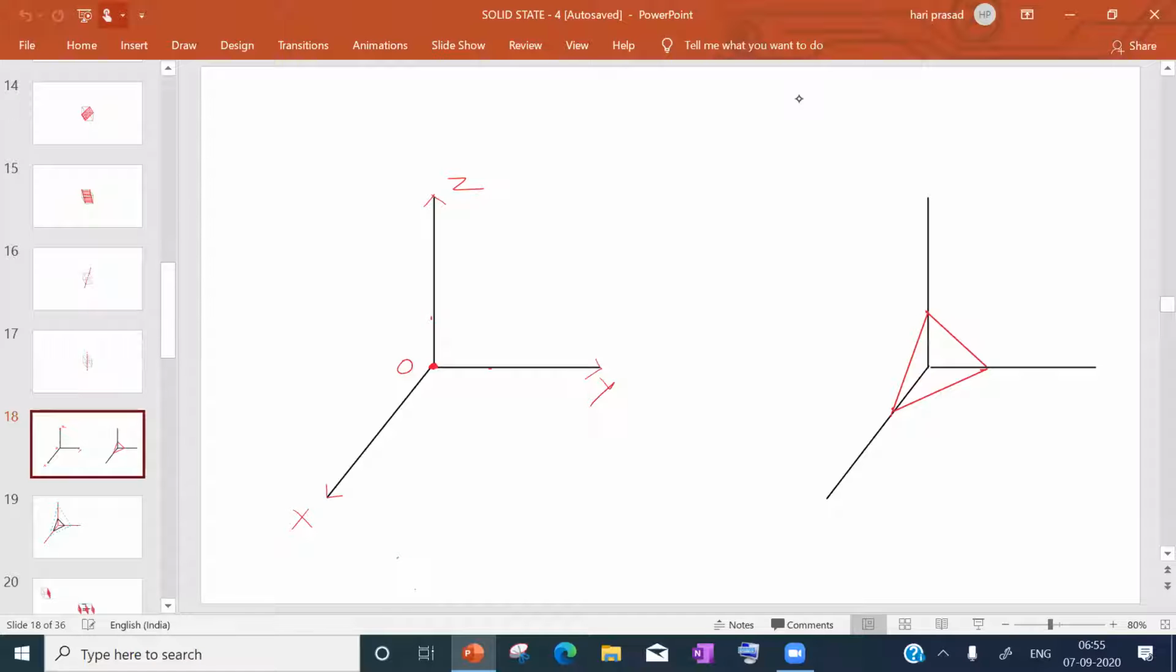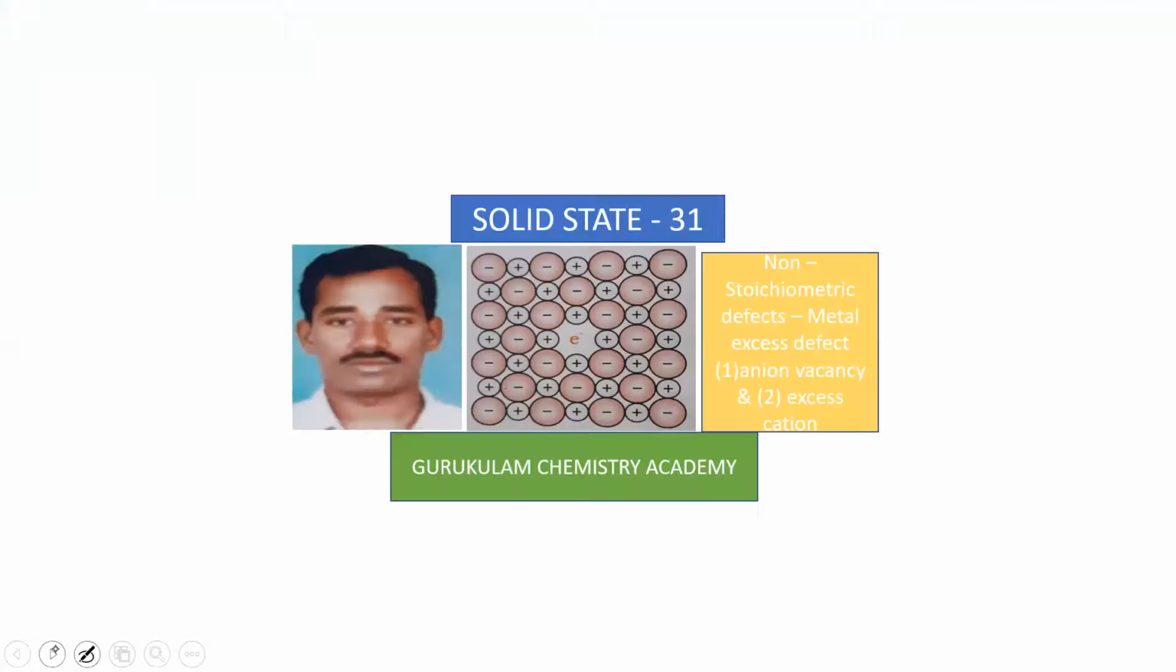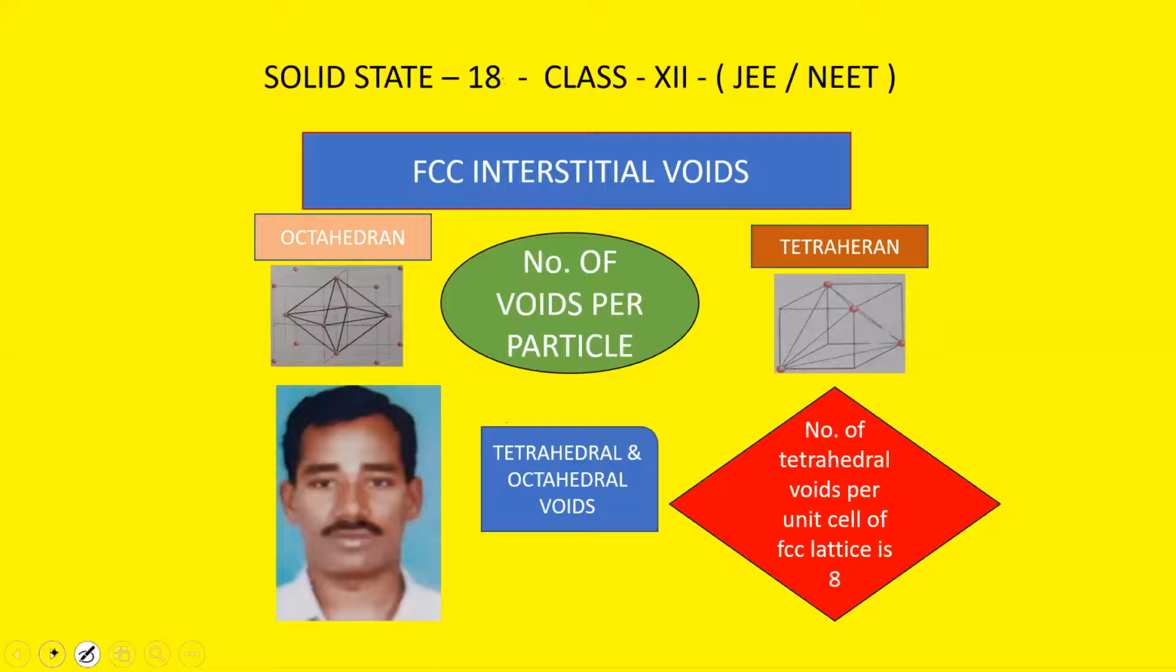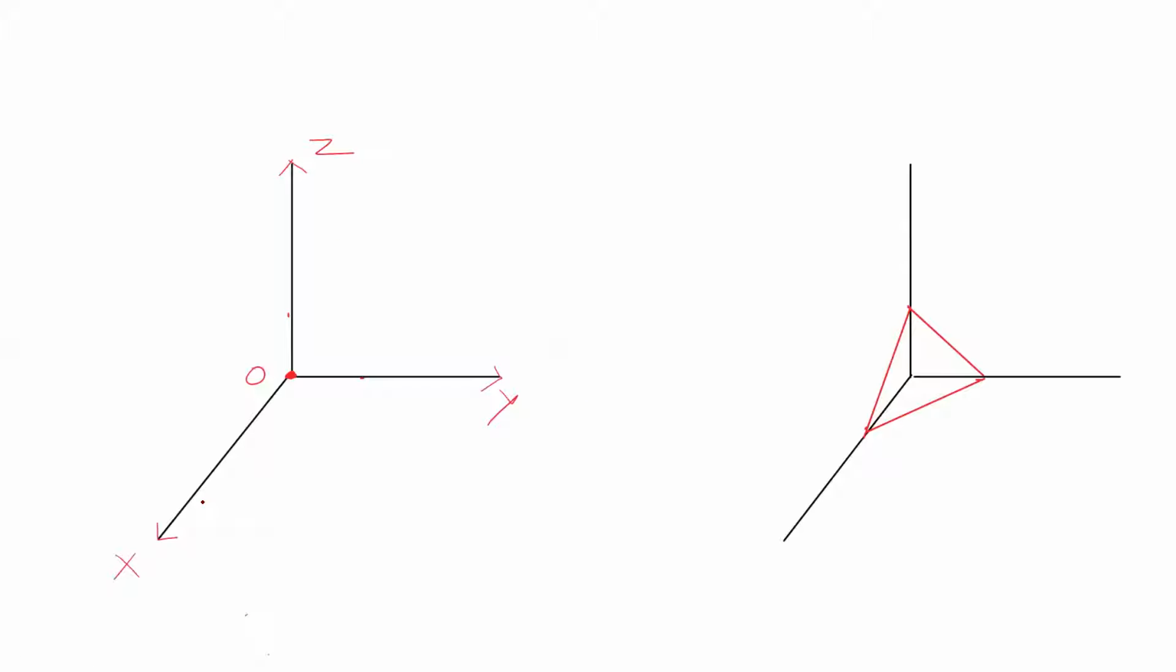Let us continue solid state. In the solid state, we will continue Miller indices. Before seeing Miller indices, we will take some concept called